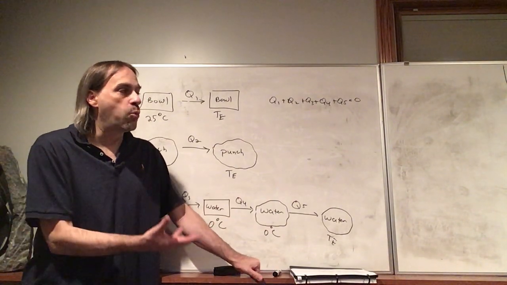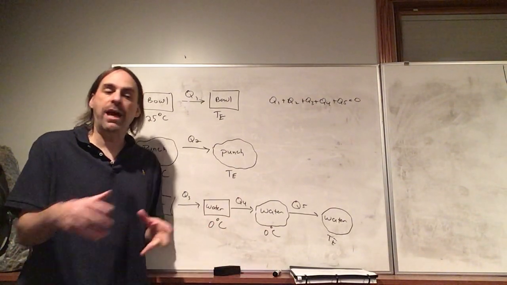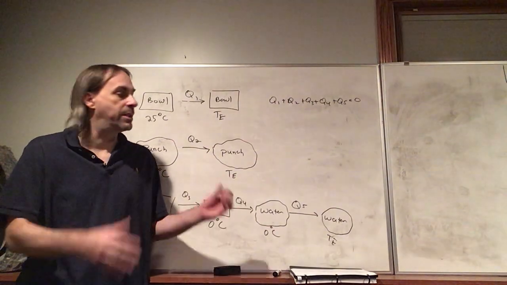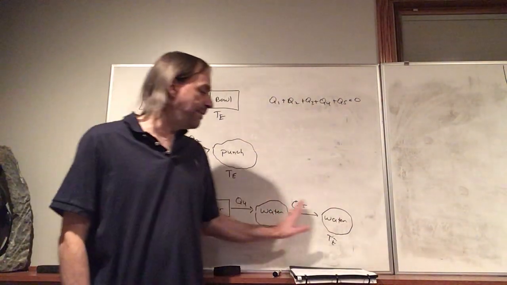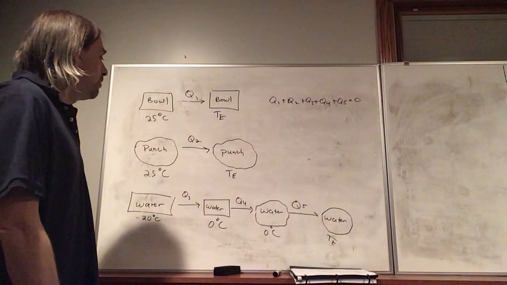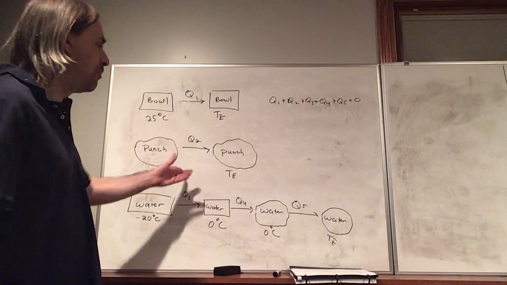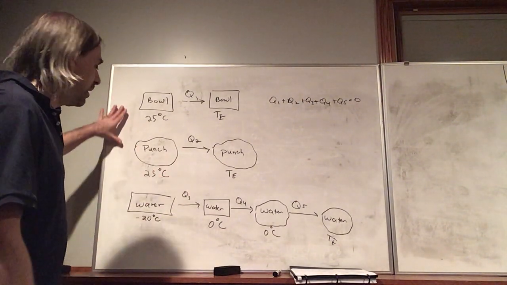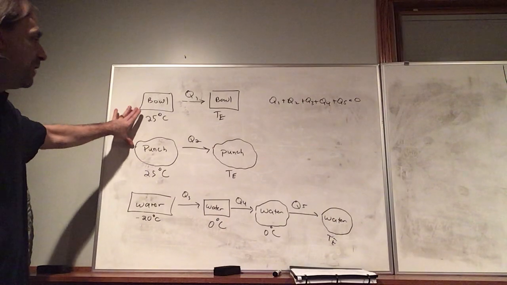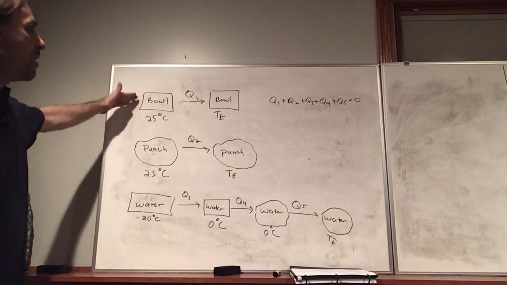Now, 0 would be a possible answer if we added enough ice. Everything would just freeze solid, and then we wouldn't even have Q5 at all. But we're told in the problem that's not going to happen. So the warmest thing to start out was 25 degrees Celsius. So the final answer